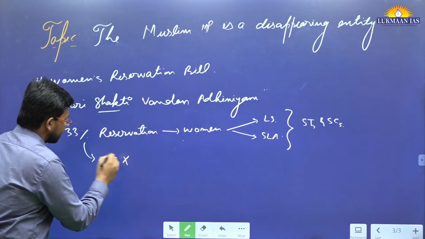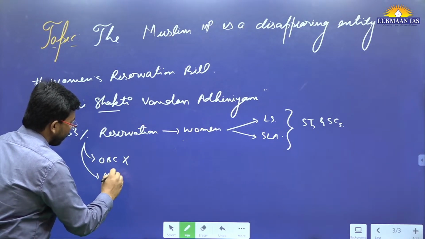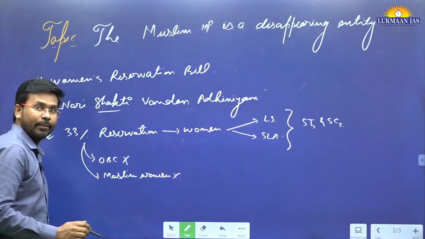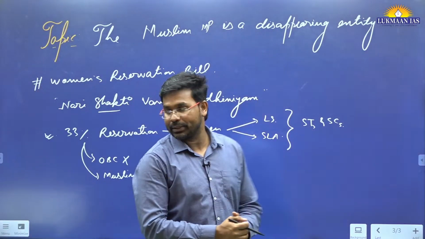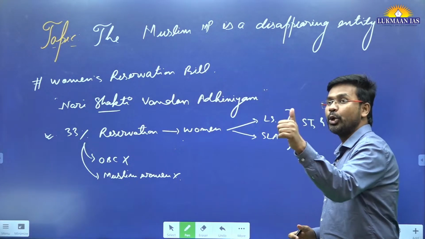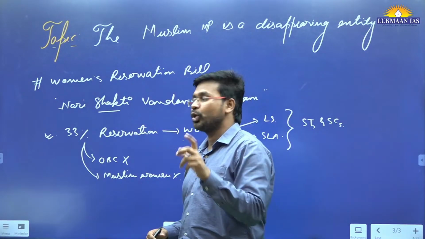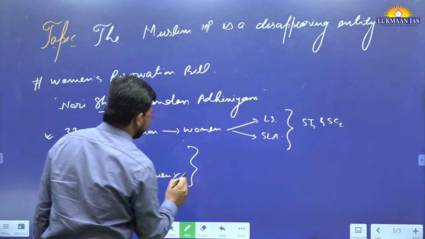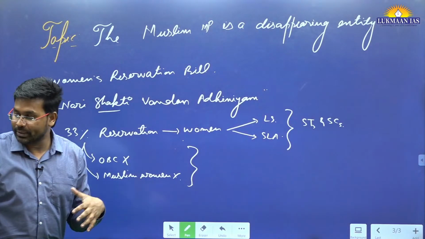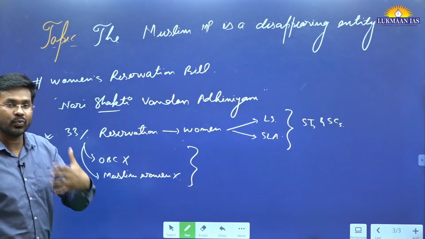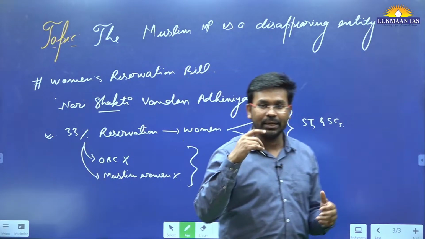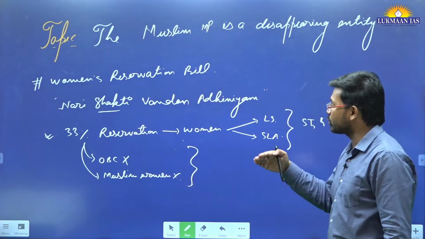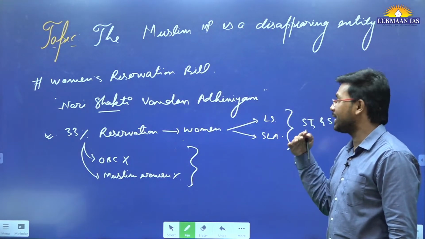Even within OBC, Muslim women are also not included. So in this article, the author says that while passing this particular legislation, no one raised the point that Muslim women should also get reservation. Nobody has pointed this out. Apart from this, the author talks about various ways in which the representation of Muslim people, not only women but men also, is lower in the Lok Sabha.